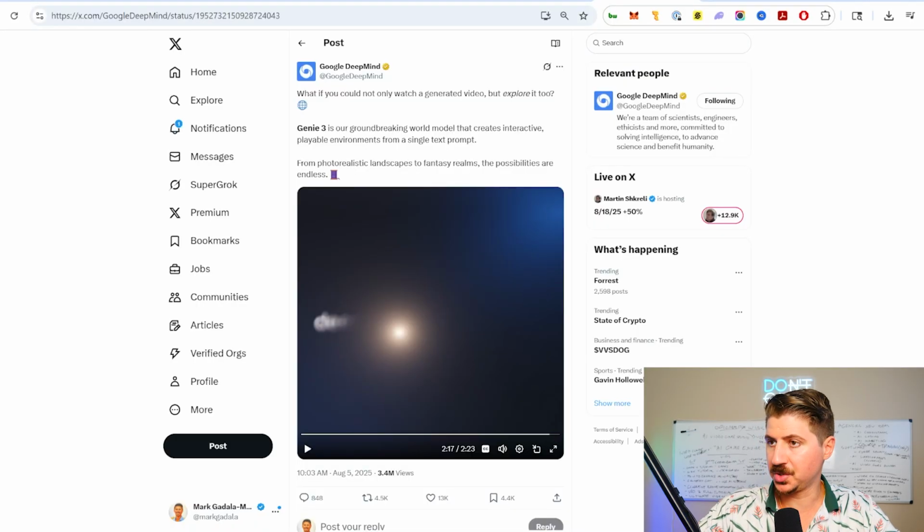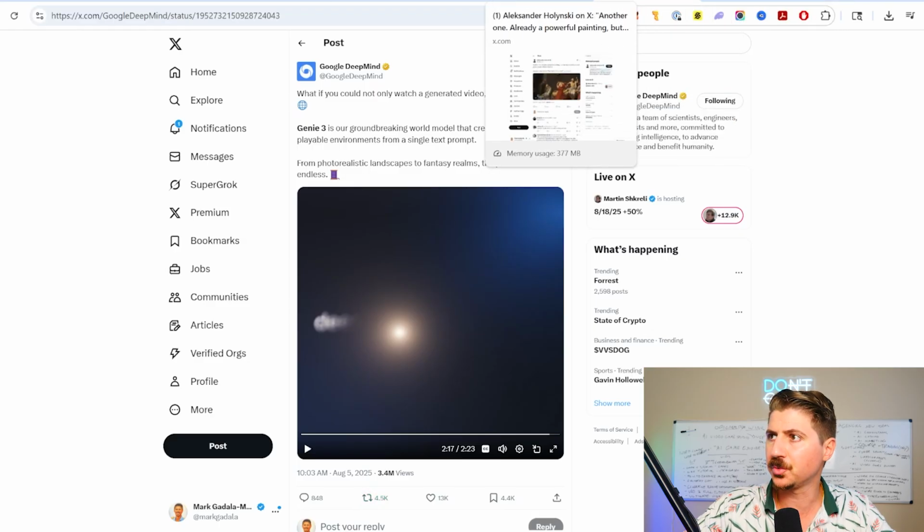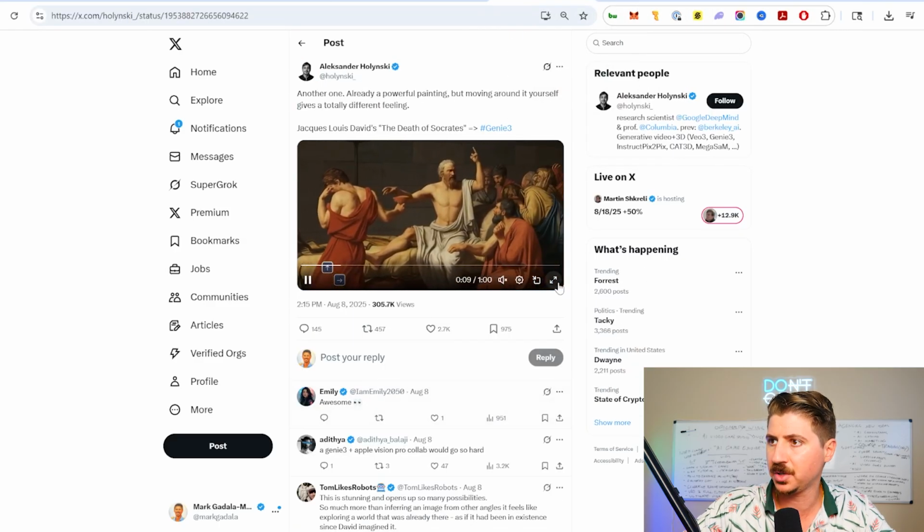So that's Genie 3. So Genie 3 is the best version of this that we have seen so far. Again, it's not publicly available. People can't use this unless you're on the training side. Some other really, really cool examples I've seen of Genie 3. This is